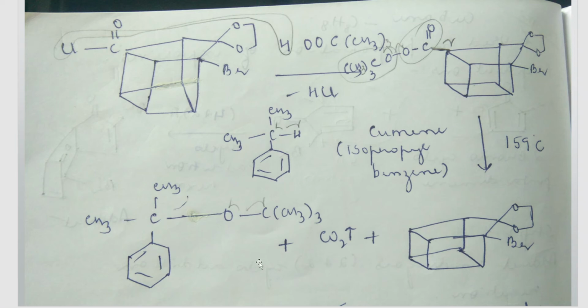So you get this product, plus there's elimination of carbon dioxide. And this hydrogen that goes out from cumene will come and attach over here, because this carbon has only 1, 2 and 3 bonds, and one carbon is there here which has one electron. Same way, there's a hydrogen which has one electron here, so that will come and form a bond over here. So what do you get? One part will become cubane. Now the only work left is to deprotect this group and to remove this bromine.